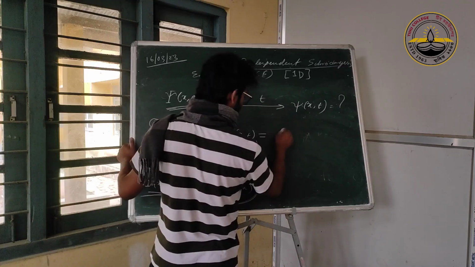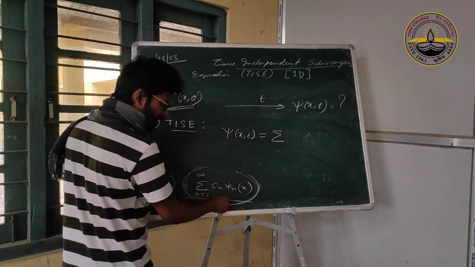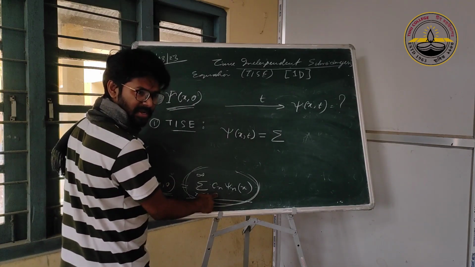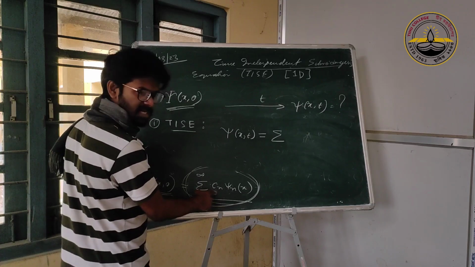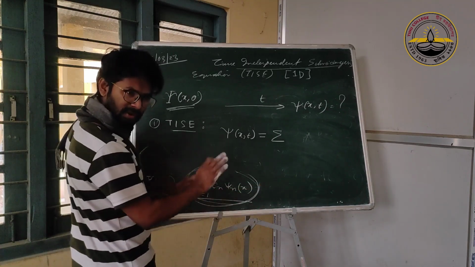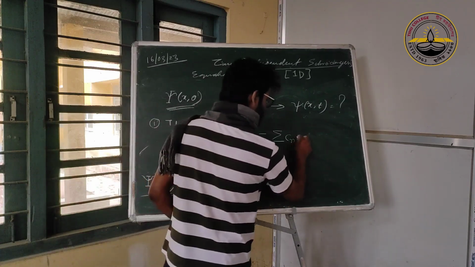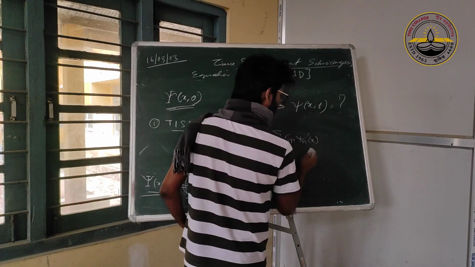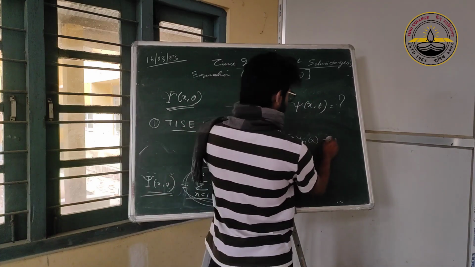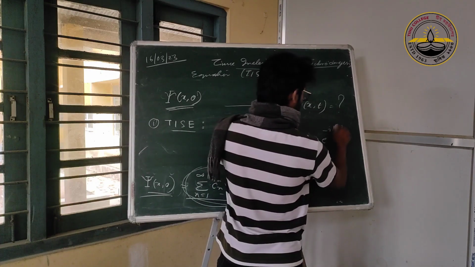And that is very simple. Whatever CNs you have got, right? All you need to know is these CNs, C1, C2, C3. You found them. It will be just this, times psi n x, and nothing but these pieces corresponding to